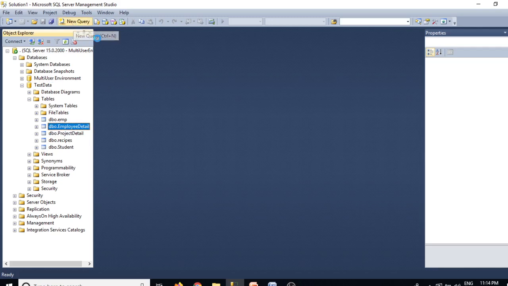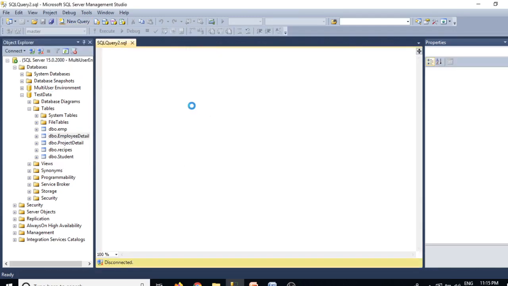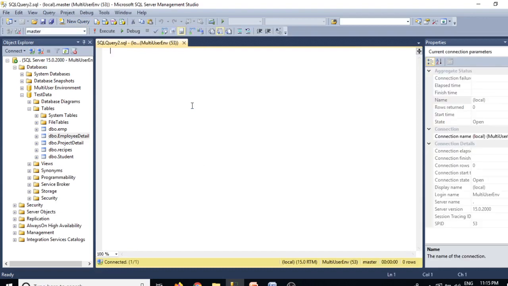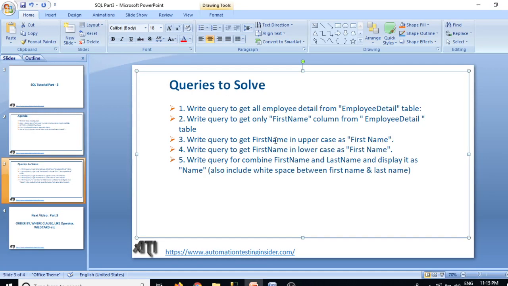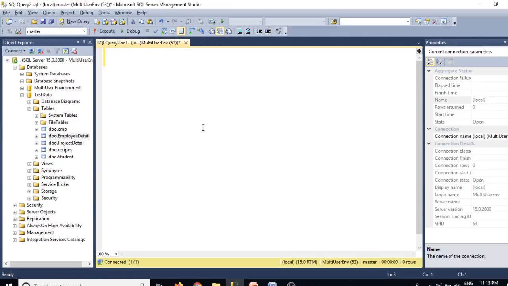Today we'll work with the employee detail table. Just click on new query. We need to connect again. So what is the first query? Write a query to get all employee detail from the employee detail table. We need to get all the columns from the employee detail table. So how to get that?